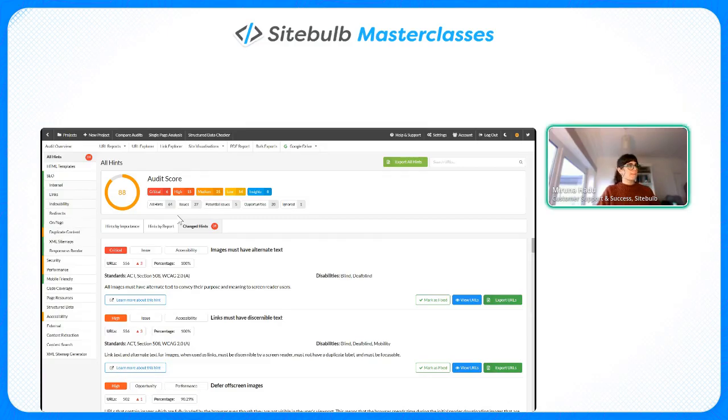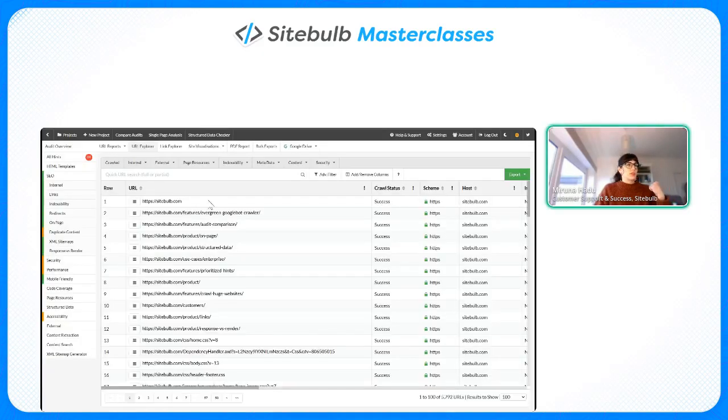So I'm going to now move on to a different way of looking at the data. Once you've gone through your reports and your hints, and you've had that first look at key pieces of data, you can jump into the URL Explorer. Every single URL crawled by Sitebulb will be contained here. If you prefer to work with the data in bulk, or if you are following a technical SEO template and you want a bit more flexibility in the way you are analyzing your data, the URL Explorer is a good